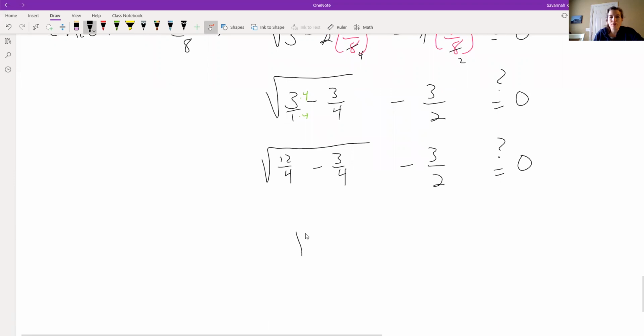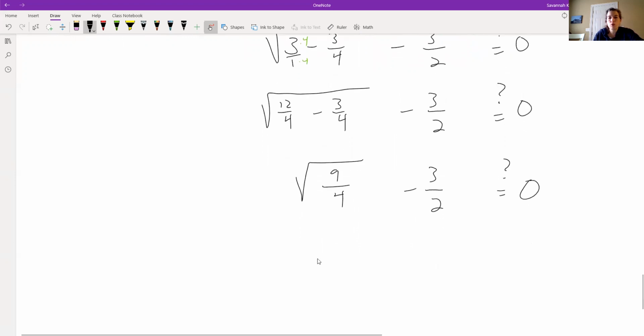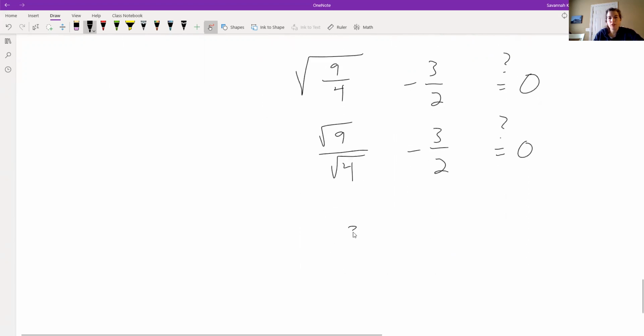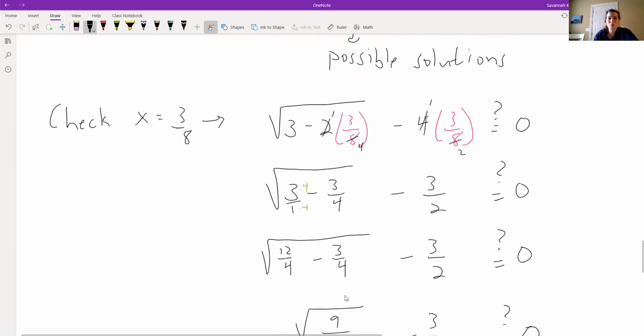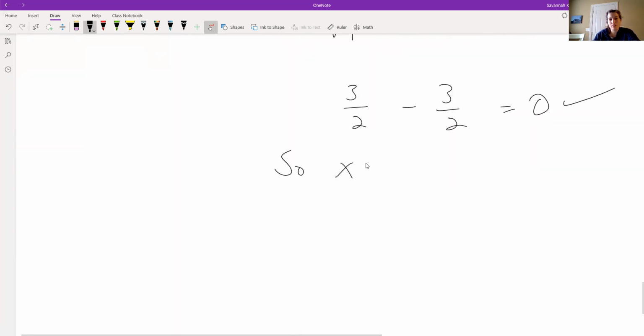Still no clue what's going on. 9/4. Now I think I see what's going on, but I want to put in enough in here so that the notes are helpful. Okay, so the square root of 9/4 is best approached by treating it as the square root of 9 over the square root of 4. And that gives us, lo and behold, 3/2 minus 3/2, which definitely equals 0. So we're good to go on that. So whatever we were testing here, I don't remember. So 3/8